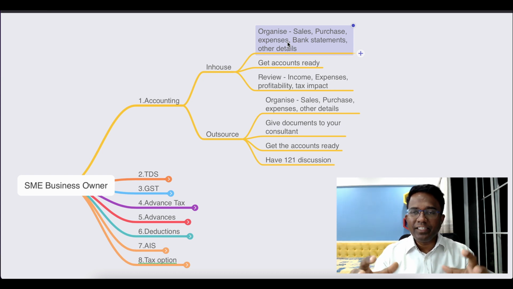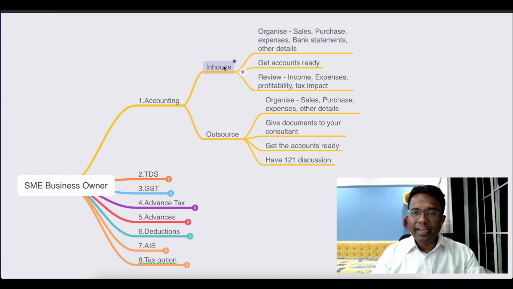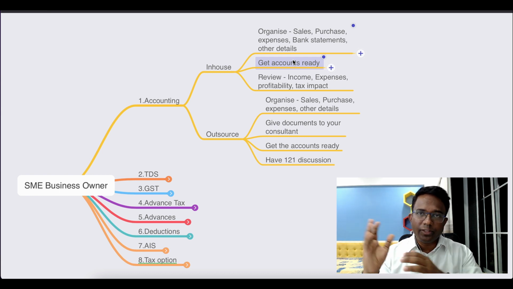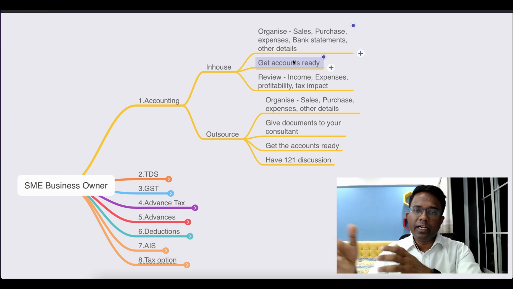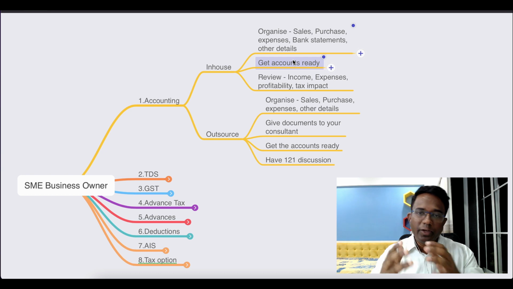It is basically the financial thermostat, the mirror of our finances. So in case you are doing it in house, then you need to organize all your documents, all your details, all your data properly. Then get accounts ready. Many times we observe that people do not update their accounts until the last minute, and when 31st July comes, or 30th September if it is an audit case, people hurriedly write up their accounts and give them to their consultant. So please avoid that. Do it properly, do it before 31st of March so that you can get the right insights from your accounts and you can plan your taxes.